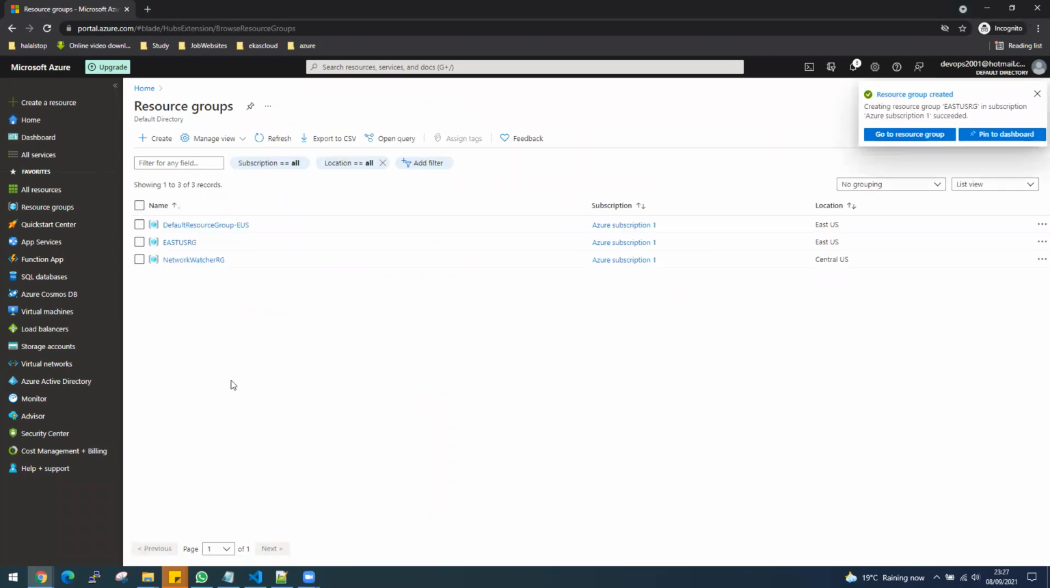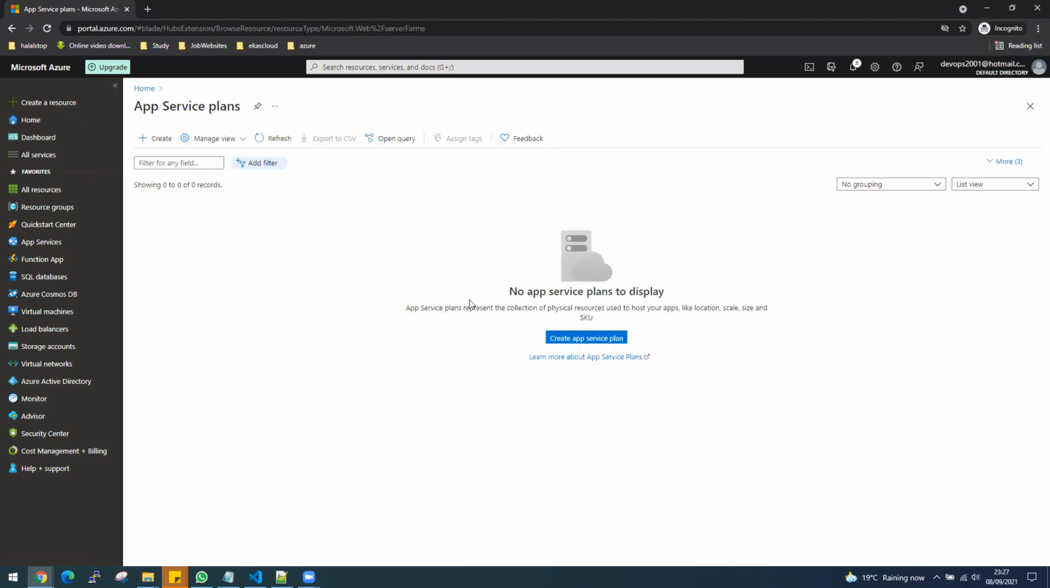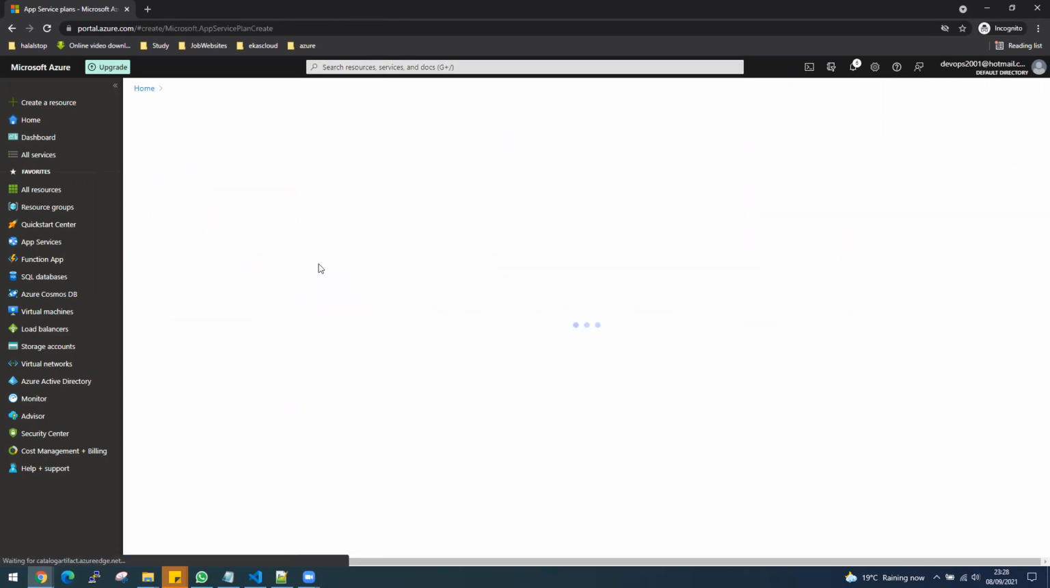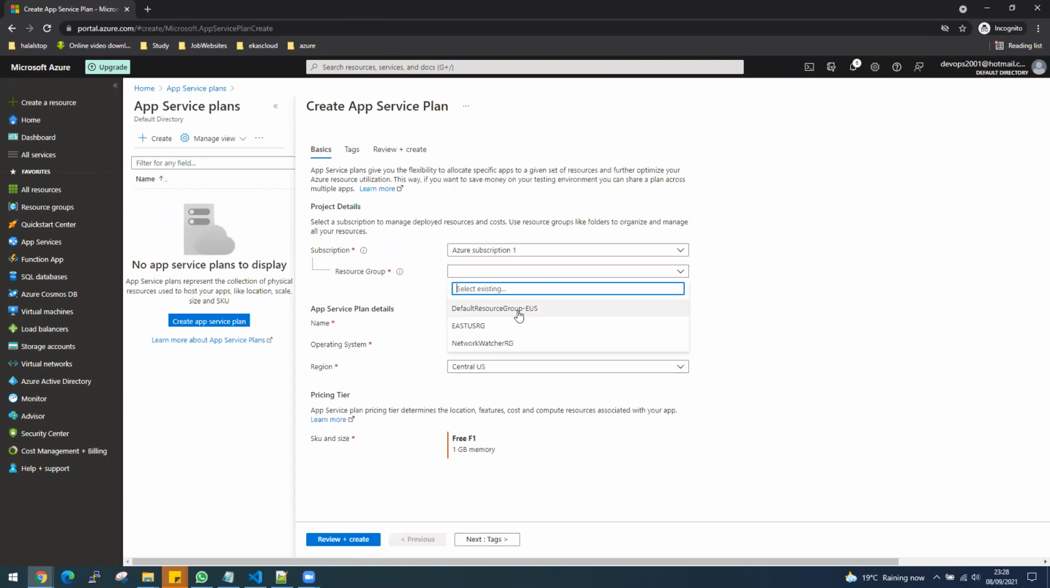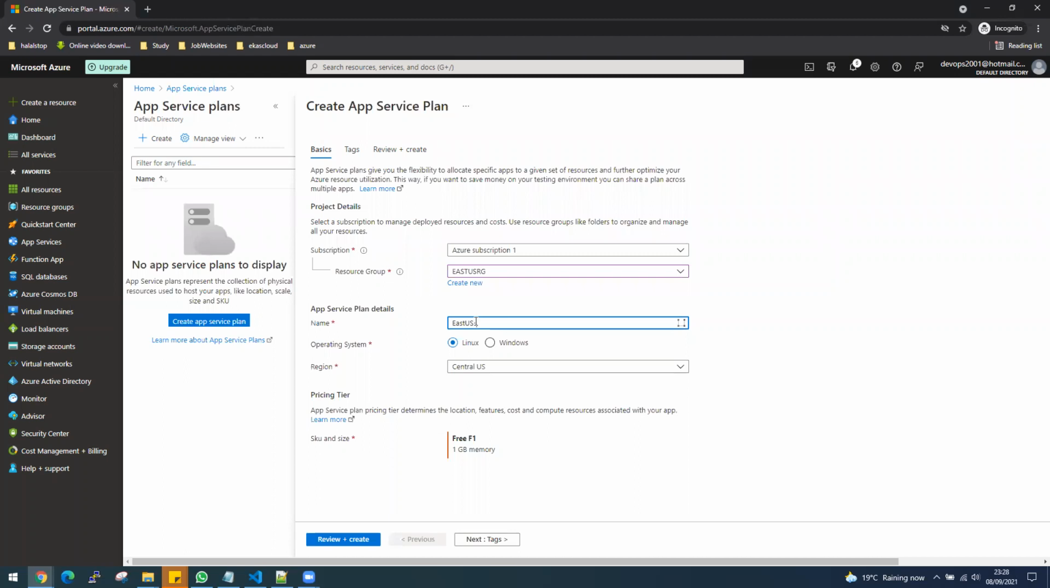Okay, that's created. Now, once it's been created, let's quickly go to our app service plan. That's going to be our first step. So let's do create and let's use our resource group and I will call it app East US hyphen app. Sorry, my caps lock is on. So East US app plan,